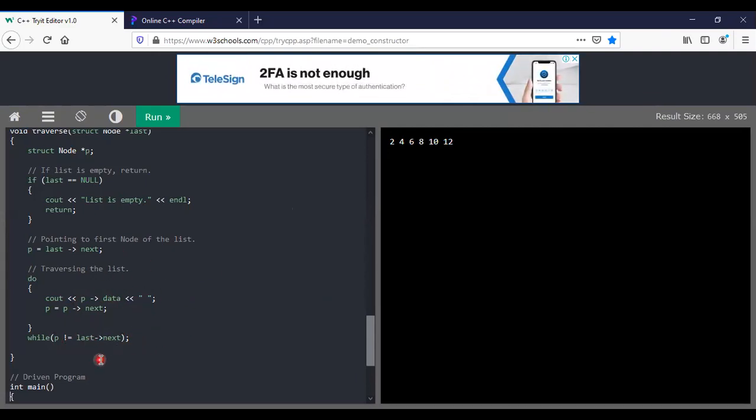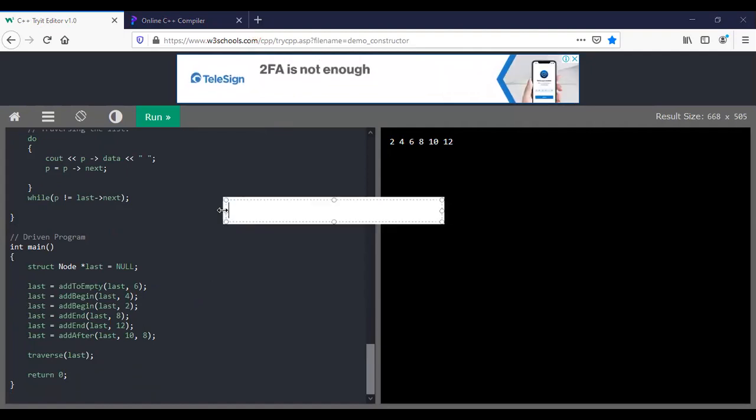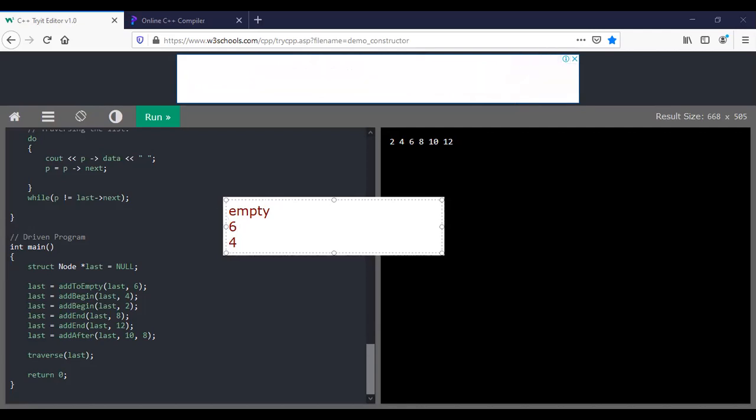Okay, how I am going to write the program. So first, see here, I inserted element 6. First the list is empty, and I inserted element 6 there. Before 6, I added 4.